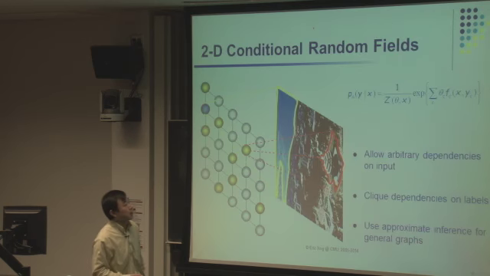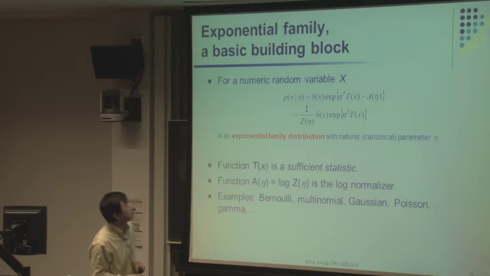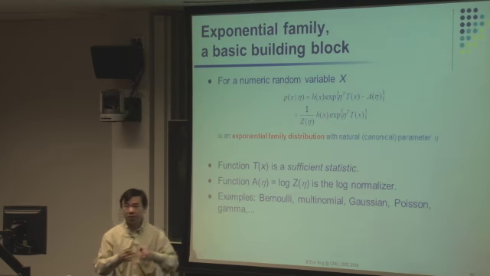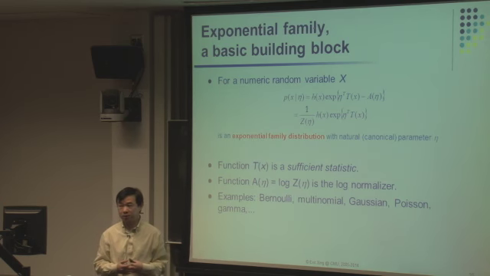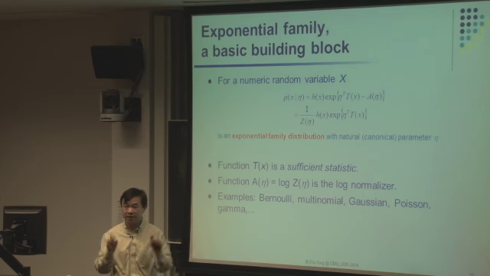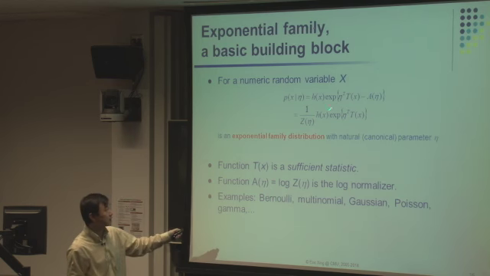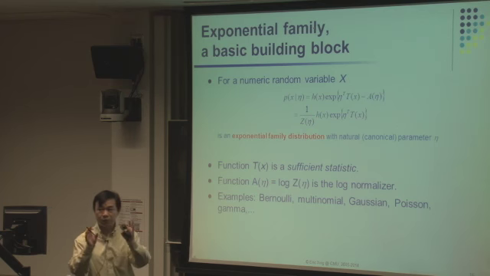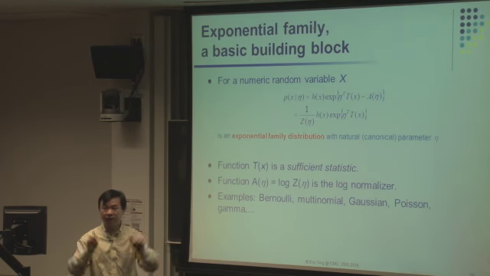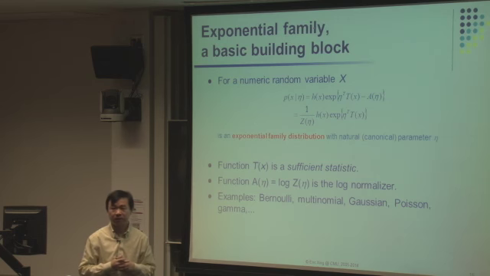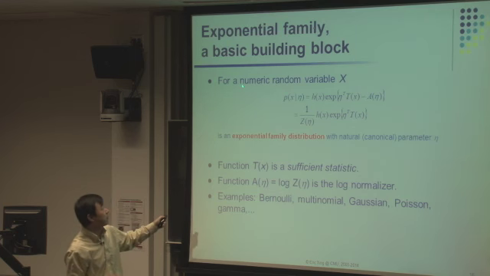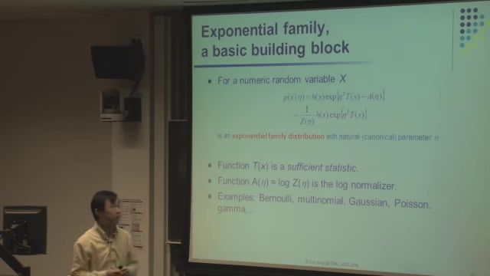Okay? All right. And okay, so here is another example for illustration. Now let's take a look at the common characteristics of all the distributions we see so far. They look all very different, and they were used for different purposes, but they have this fundamental commonality in the way they were put together. They were put together like this. Okay, let's first consider just one collection of random variable x. We don't actually build a complex model like x and y with a prediction from x to y. We are going to touch that later. But suppose we have only a numeric random variable x. The x could be a scalar, it could be a random vector, and